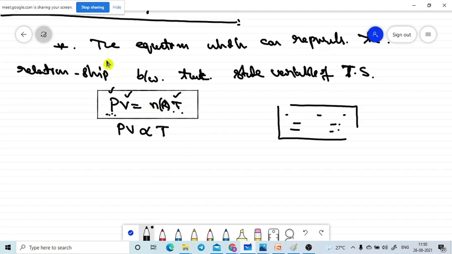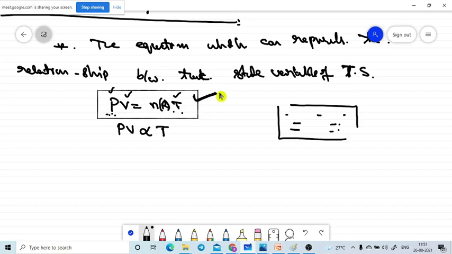What does it mean? It is an equation which can represent the relationship between the thermodynamic variables of the system. So this equation can be called a thermodynamic state equation. Are you getting that? State means, at that point, what the values of the pressure, volume, temperature, internal energy, density and so on are. It tells about the real picture of the system.